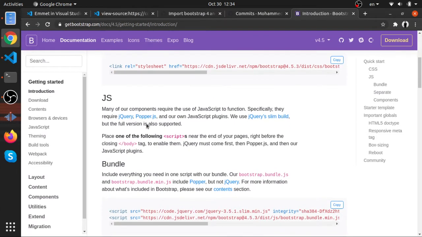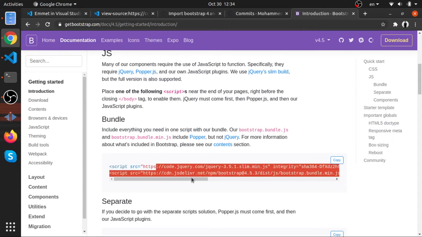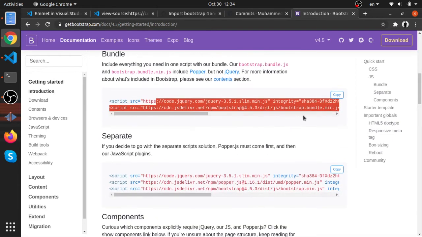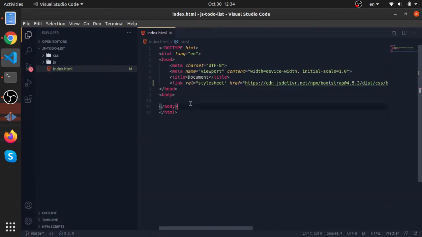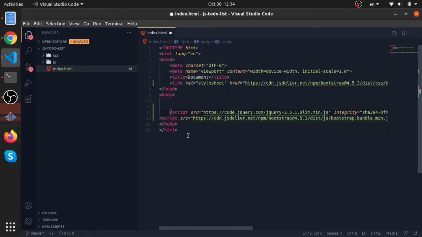And for our JavaScript, we need to import these two, jQuery and the JS bundle. These will be imported here at the end. This is a common convention in web development: links are in the head, and JavaScript is at the end of the body, which makes your website faster. Okay, because